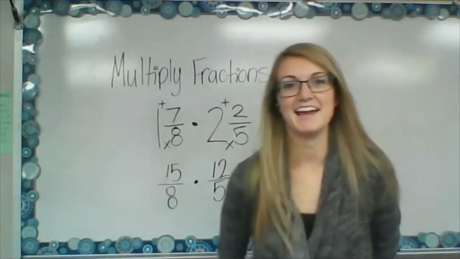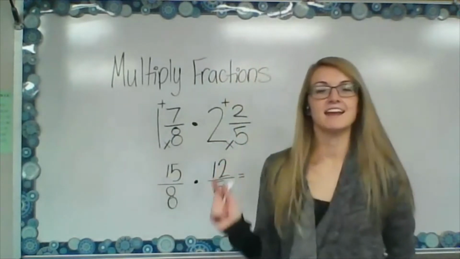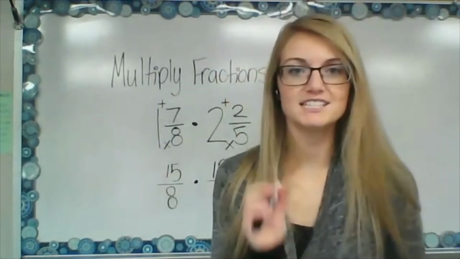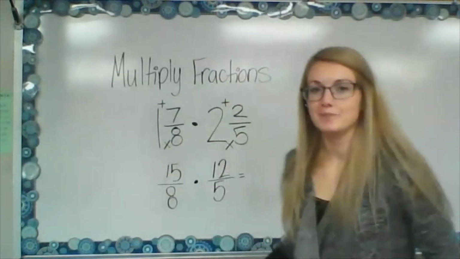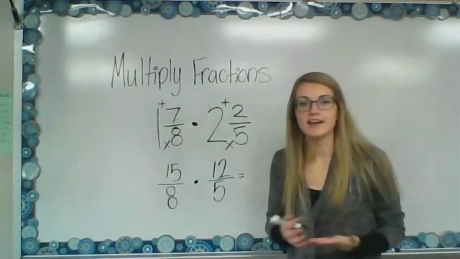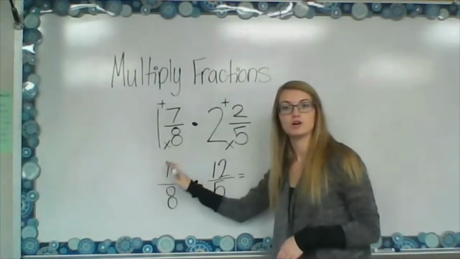Okay, I'm back. I got a shortcut for you. Okay, so I just showed you how to do it that way. Now, when you multiply fractions, there's a shortcut, and it's called cross-simplifying. Okay, so here's how we cross-simplify. Remember how we had all those really big numbers, and we kind of had to figure out what to do? Okay, there's a really easy way to do that, and that's by looking at numbers that go across from each